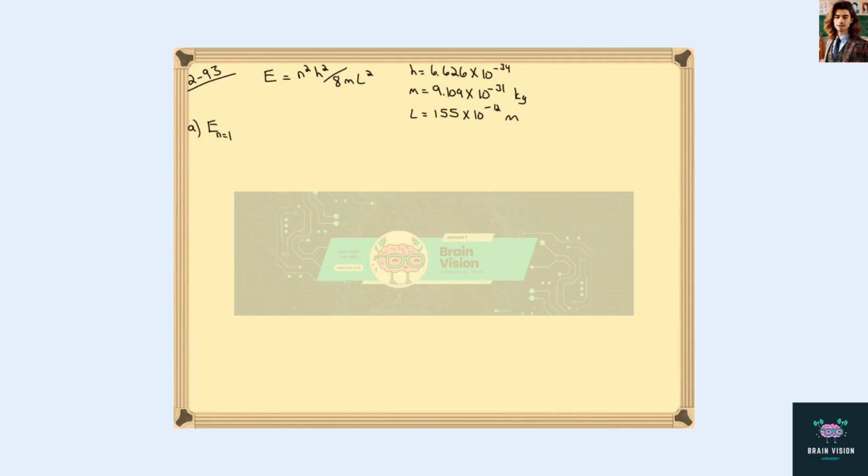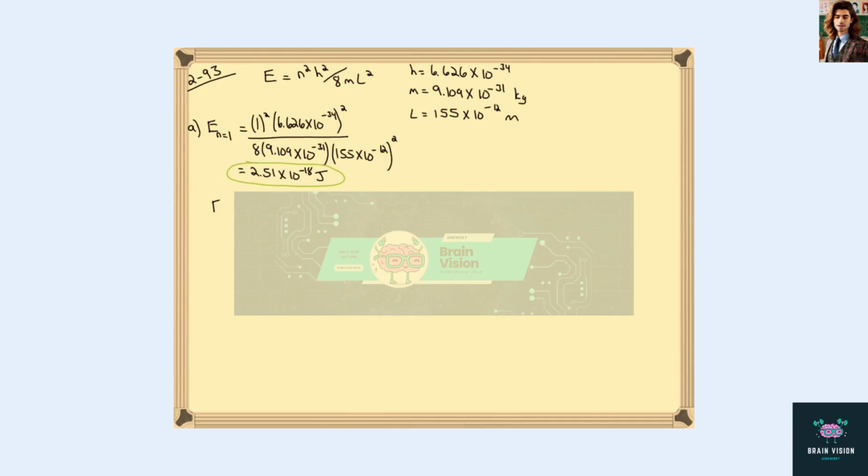So all we have to do is plug in n at 1, 2, and 3 in order to calculate the energy of an electron in these quantum states, 1, 2, and 3. For the energy of the electron in this box, in the first quantum state, it has 2.51 times 10 to the negative 18 joules. You will notice with this equation, all we're going to replace is n up here,